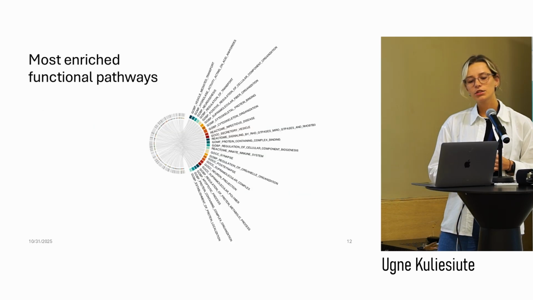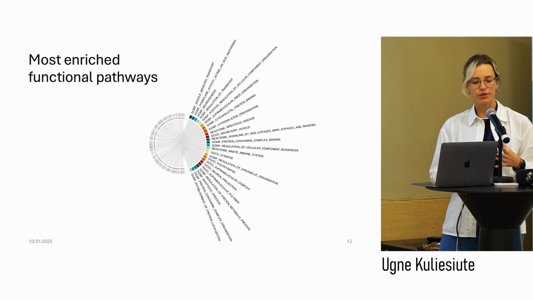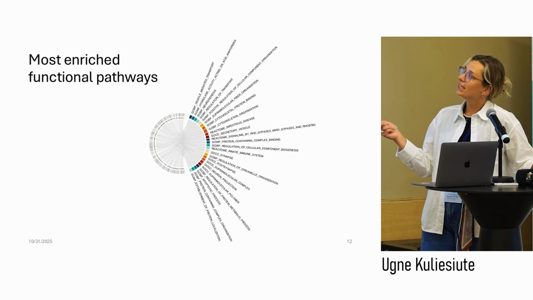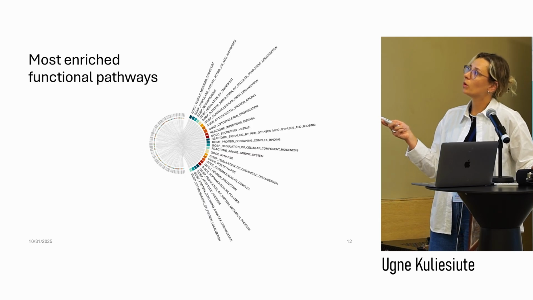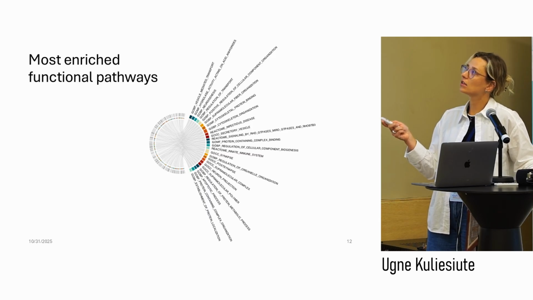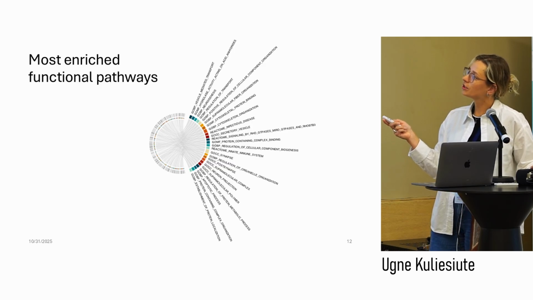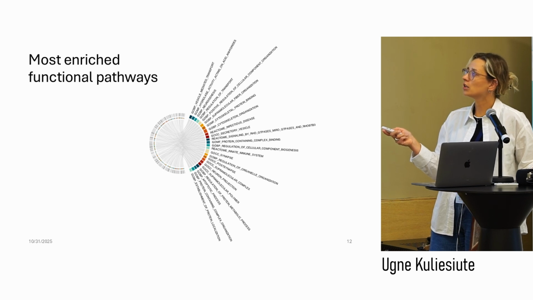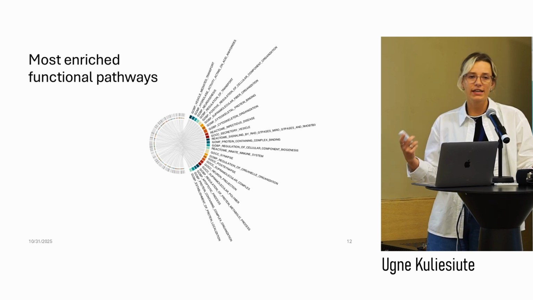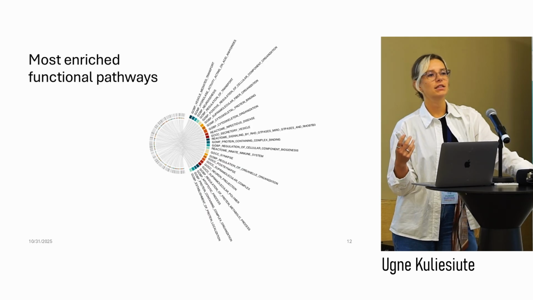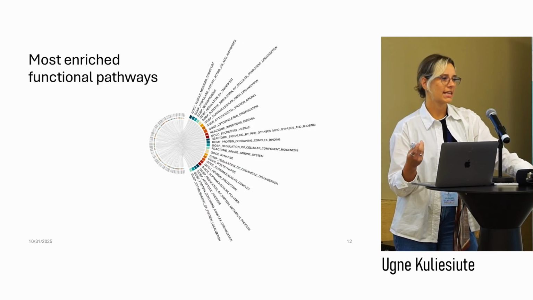Moving forward, I looked into the most enriched functional pathways. And over here, there are plenty. The most enriched ones are related to vesicle transport, to the regulation of the transport, to cytoskeleton organization, secretory vesicle, synapse itself, neuronal projections, and all the others, proving that there is actually local transcriptomics happening at the